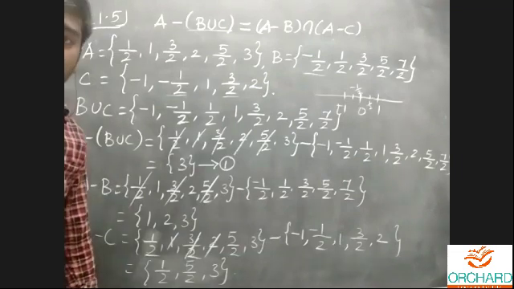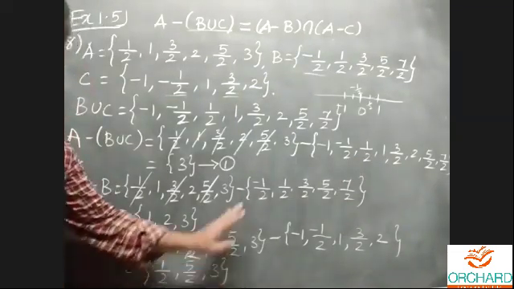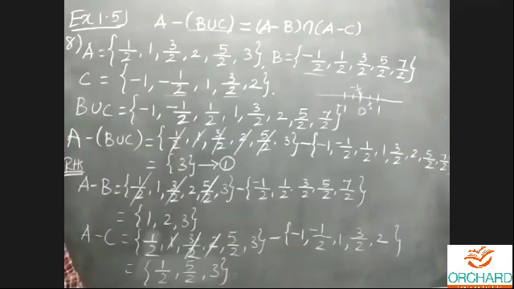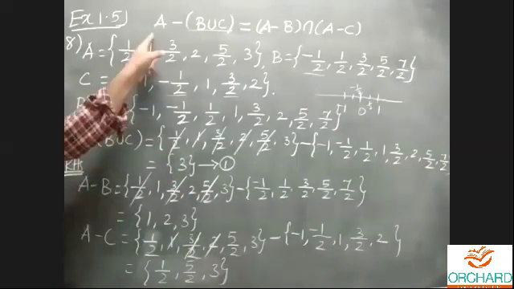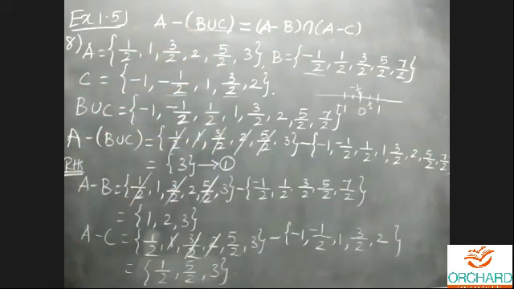So just 1 minute, you can complete and you can come to the conclusion. Those who didn't complete the problem, please take a screenshot and complete the conclusion. I can identify the right hand side, A difference B intersection A difference C. That is also 3. What's the common element? 3 only is common. From 1 and 2, LHS and RHS are equal.